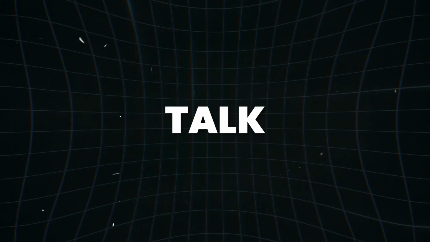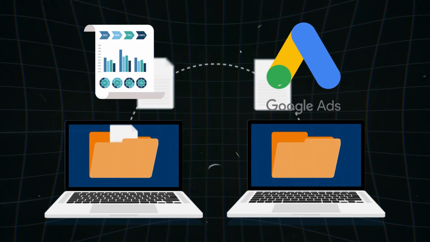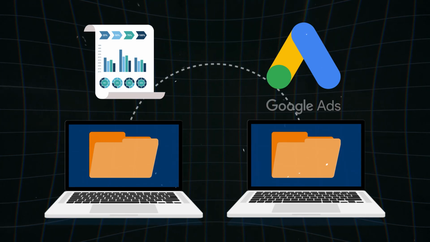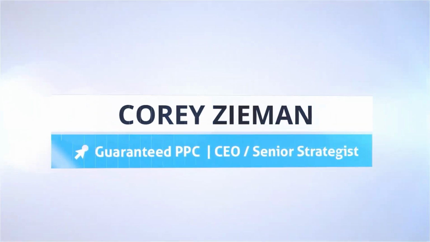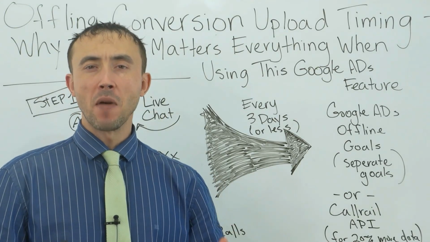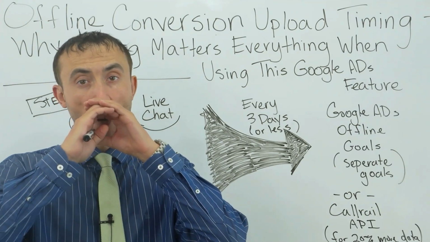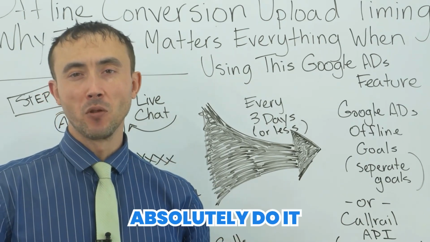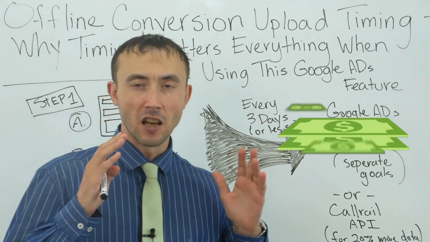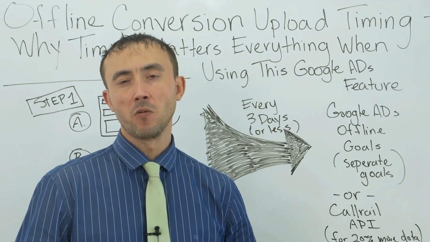Today's video, we're going to talk about offline conversion upload timing. Or in other words, if you get sales imported into your Google Ads account, uploading them manually using a spreadsheet like I talk about on this channel all the time, which, by the way, you should absolutely be doing because it makes a ton more money, a ton more sales from the ad spend you